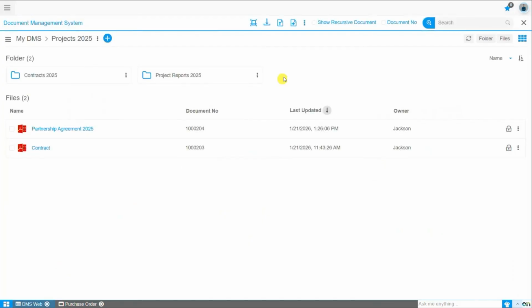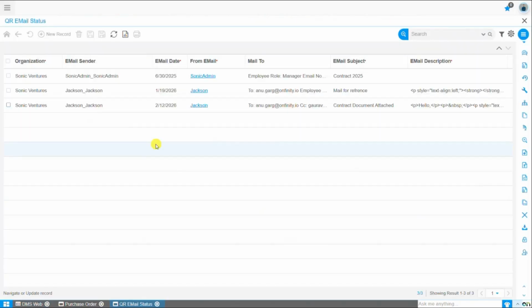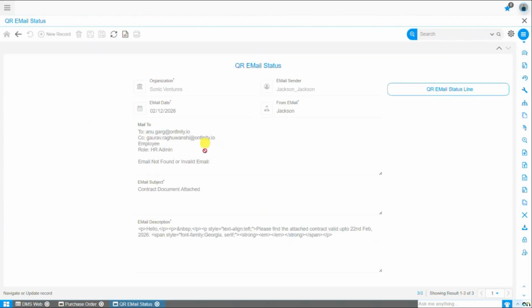To verify, the user clicks the 3 ellipses on the form header, which displays 2 options. The user selects Sent Mail History, which navigates to the QR email status screen. Here, records are automatically populated whenever a mail is sent, using the Send Email with QR code document action. The user then selects the last record to view the recipients chosen when sending the mail, along with the mail's